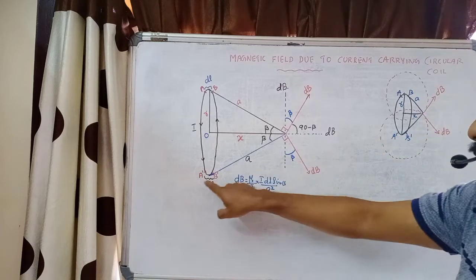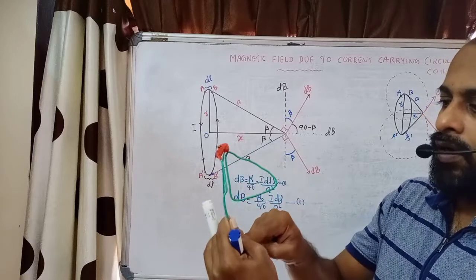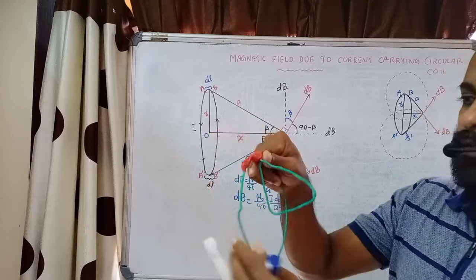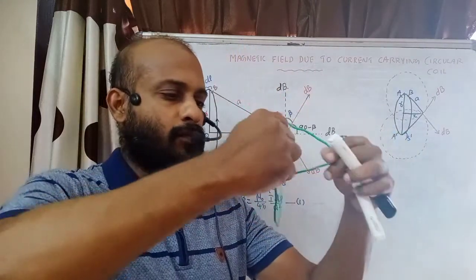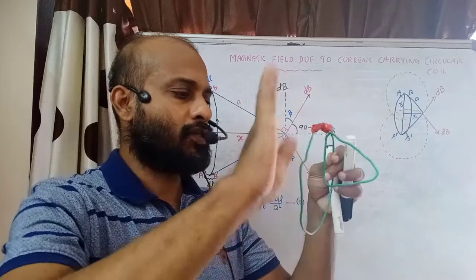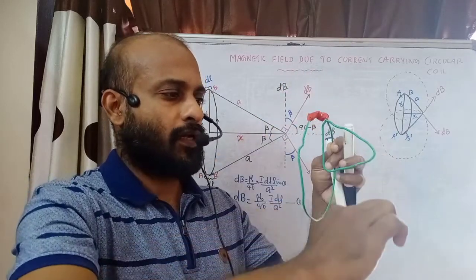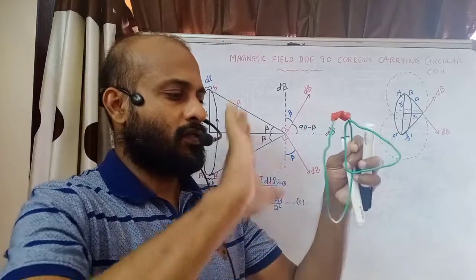Similarly, what about this? So if current is flowing through the upper element in this direction, lower element it will be in opposite direction like this. Okay. So I need to place the thumb in opposite direction, that is this direction. Again I am grasping. So current in this direction, I need to grasp. So when I grasp at this point, this will be the direction. Okay. So this will be the center. So this is the direction of current.